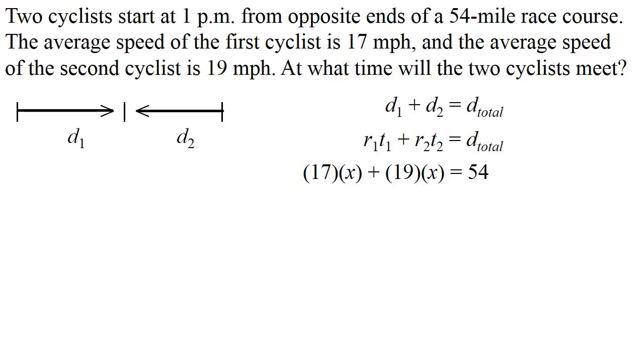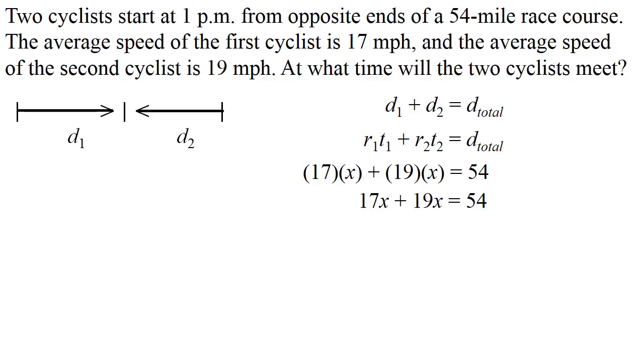And we know the speed of the second one, that's 19. We're going to call its time x also because we were told the two cyclists both started at 1 p.m. So the time they travel, since they start at the same time and obviously they meet at the same time, their travel time is exactly the same. So we're going to figure out this, and this is going to give us how long it took them to